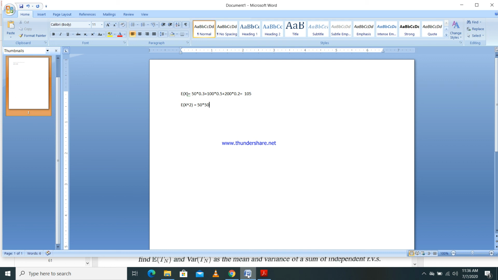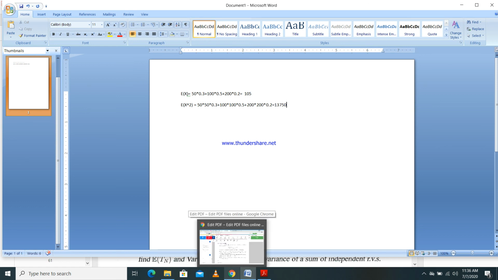So I'm going to take 50 squared, multiply with its probability, that is 0.3, plus next possible x value is 100. So I'm going to take 100 squared, multiply with its probability 0.5. And then the next possible x value is 200. So I'm going to take 200 squared. Its probability is 0.2. So if you simplify this, you will get